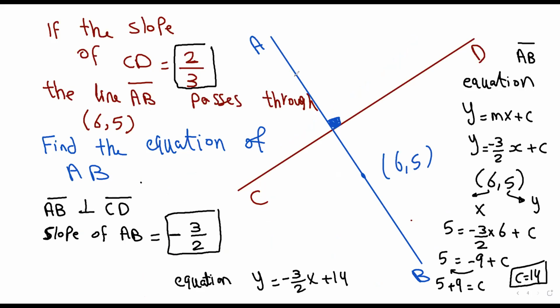Here we have 2 perpendicular lines, and the slope of CD is 2 over 3. The line AB and CD are 2 perpendicular lines, and the line AB passes through the point 6 and 5. So find the equation of AB. Because they are 2 perpendicular lines, to get the slope of AB directly, knowing the slope of CD, just change